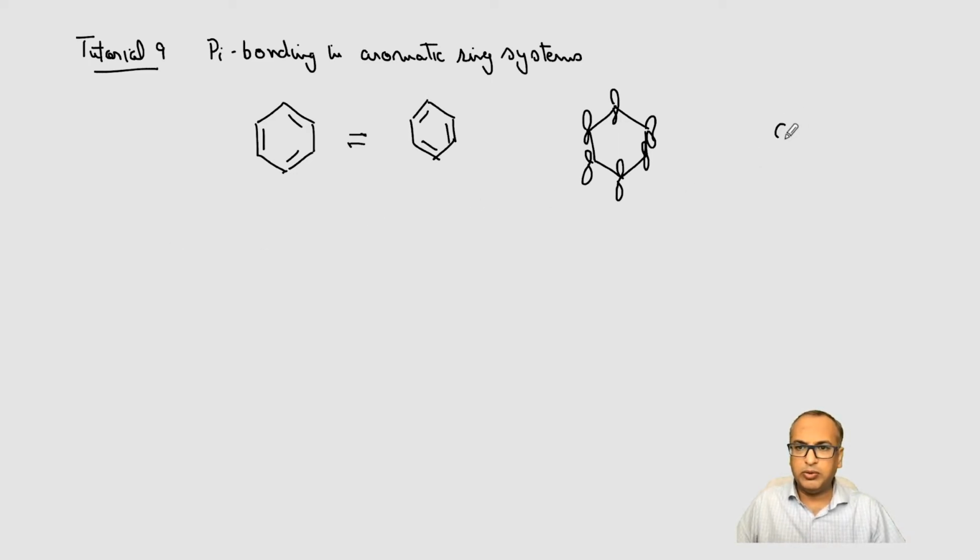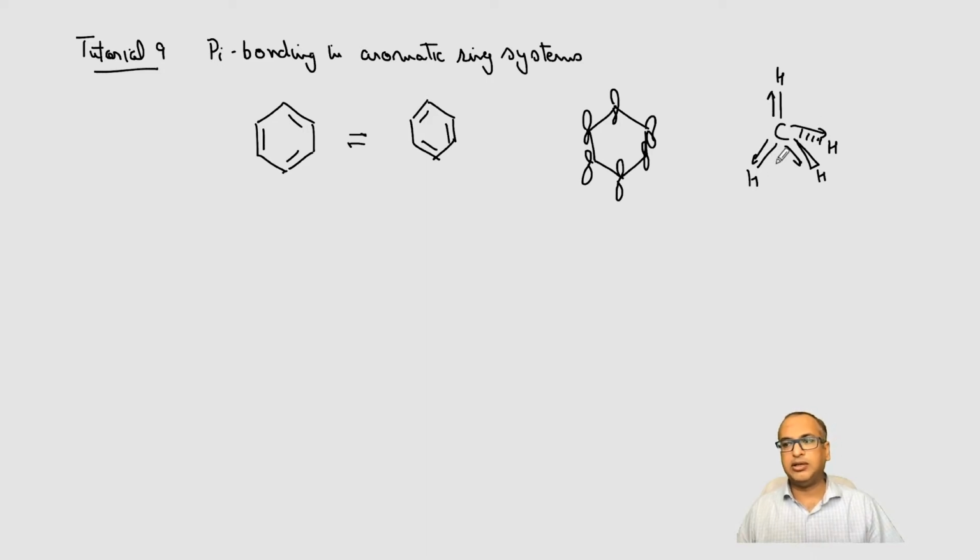let me go back to CH4. So in case of CH4, we made arrows like this to use as our basis set, right? These were the 4 arrows, along the direction of the sigma bond, starting from the central atom, going towards the pendant atoms. So we used these 4 arrows as the basis set to create a reducible representation.